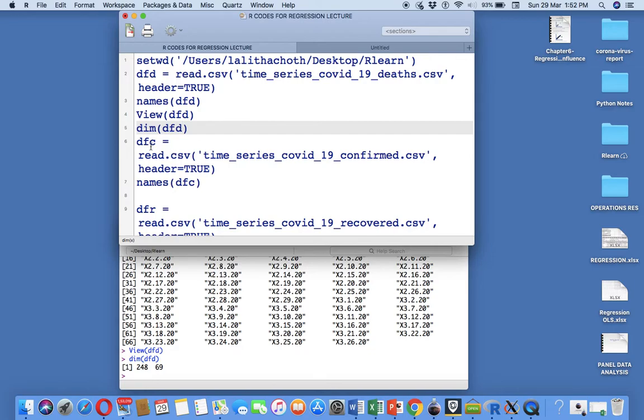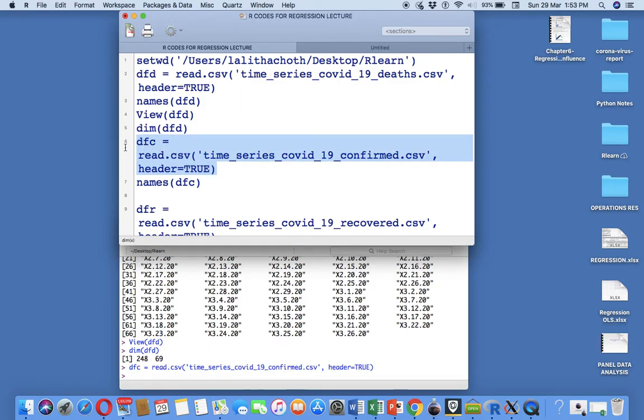Now I'm going to read another file called DFC. That is the number of confirmed cases. Now this is the number of deaths due to corona. This is the number of confirmed cases due to corona. I do the same thing. I say read CSV, the name of the file, and then I run it. Right, I run it. It's run. When the prompt comes here, it means that there is no error. Otherwise, if you get an error over here, maybe you've made a mistake, either you've forgotten the